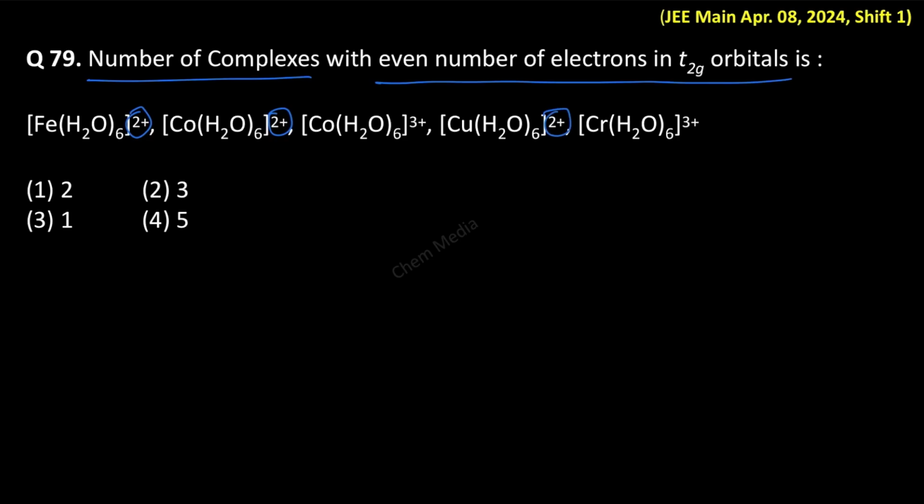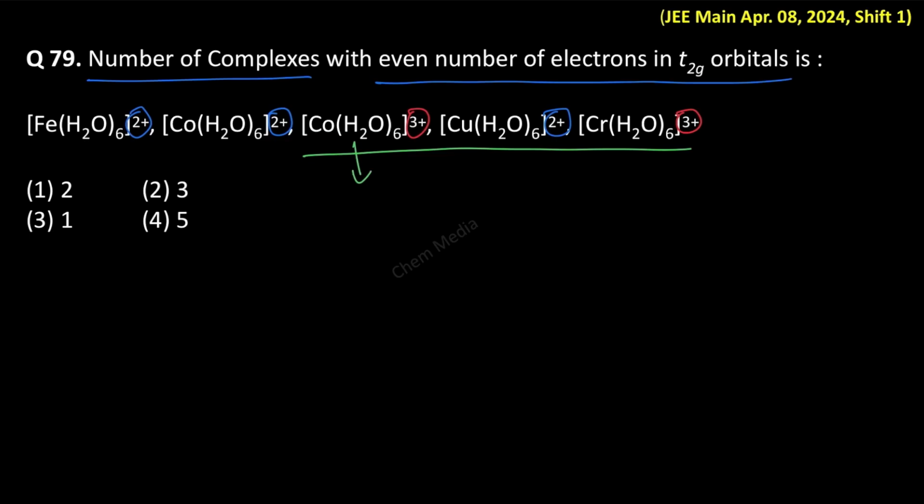We know that water is a neutral ligand. So therefore, for the metal ion, we can put the same charge as the oxidation state, because water is a neutral ligand. And in 2 cases, the charge is given as 3 plus. For these 3 complexes in particular, we need to be a little bit careful, because for copper and chromium, we write the electronic configuration slightly differently.